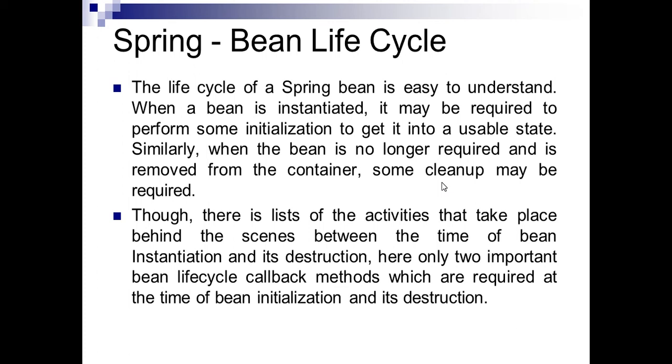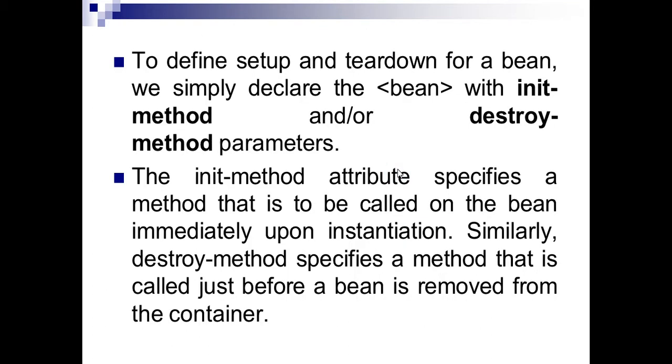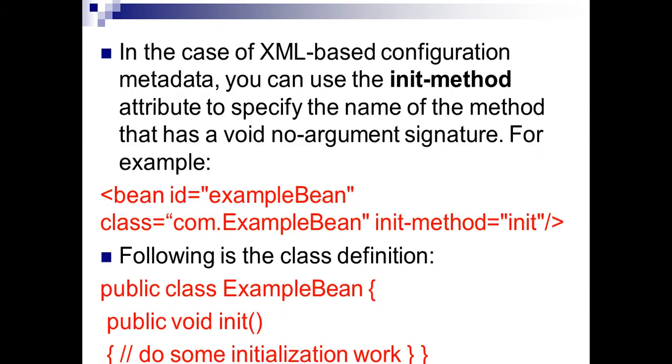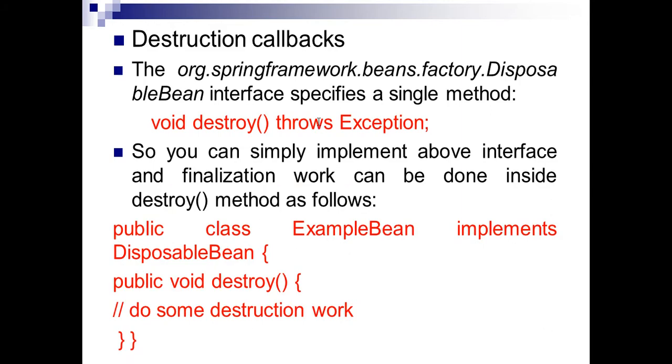Hello everyone. As we already discussed, how you can simply create a Java application with the help of the Spring framework, and we also discussed the Spring Bean lifecycle. So let us quickly revise it. The Spring Bean lifecycle consists of two important methods, which I mention in a bean tag: init-method and destroy-method as parameters. So basically it has two callbacks: public void init, and the second is the destroy method.